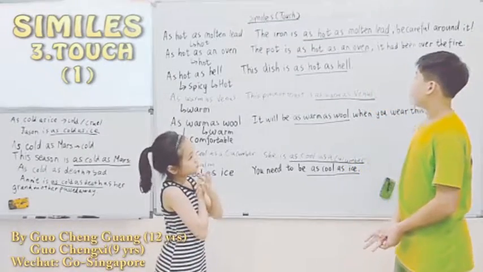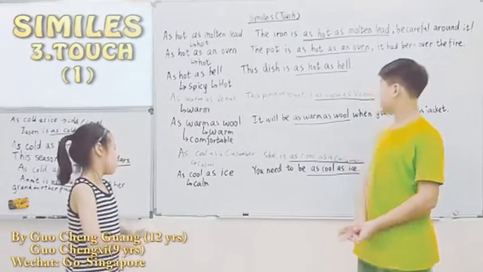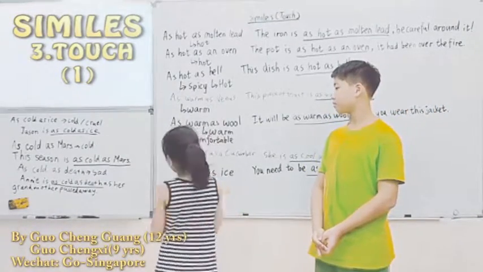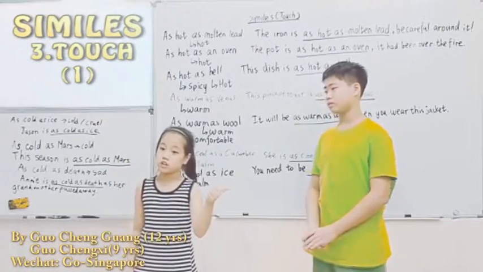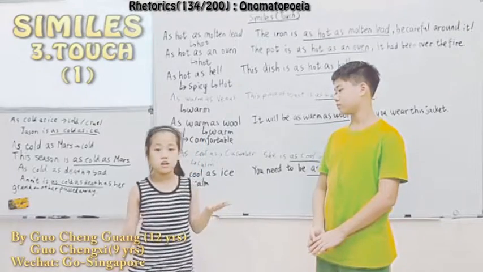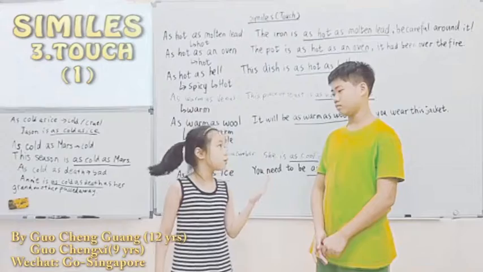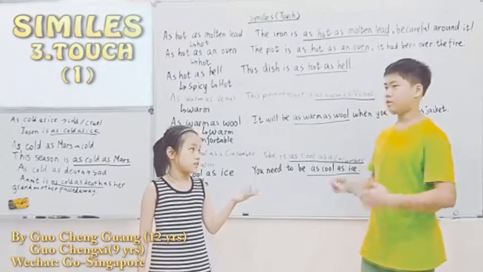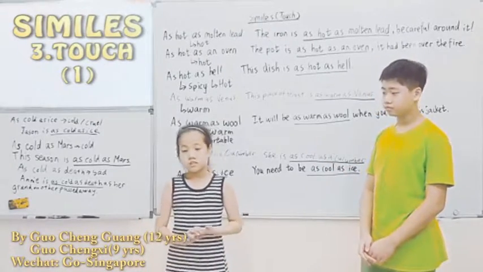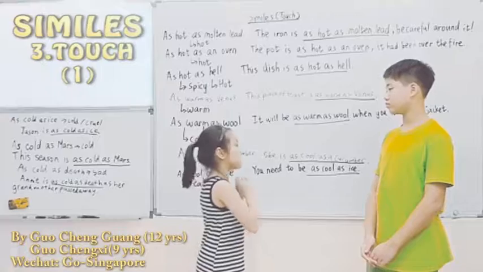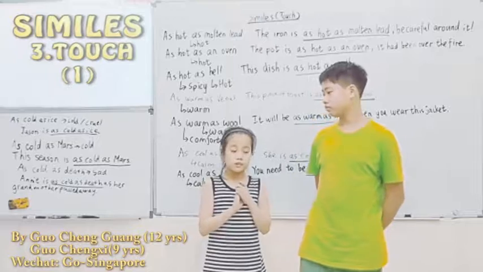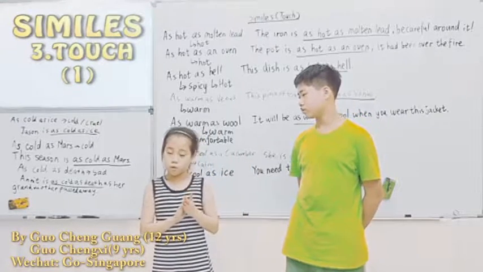Okay. So I hope in this lesson that you are clear so far. Actually, if you want more, there's also chill, there's also freeze, there's also boil. For chill, you can say chilly as. So next time we'll continue with similes, okay? There could be a lot of them also.